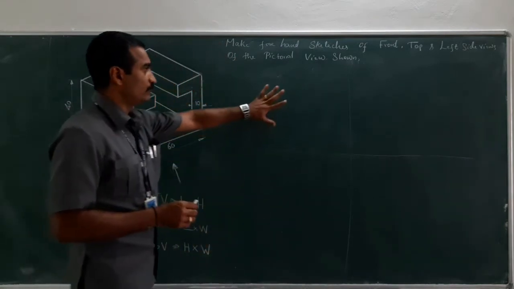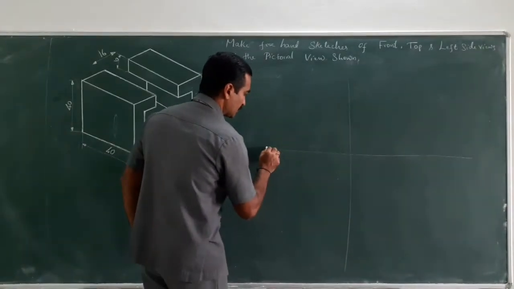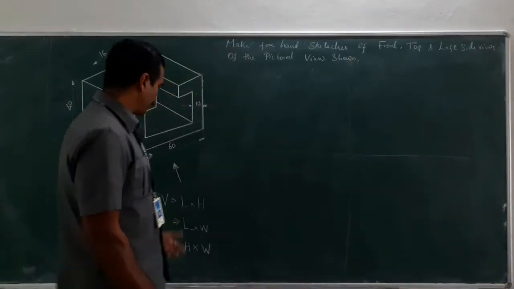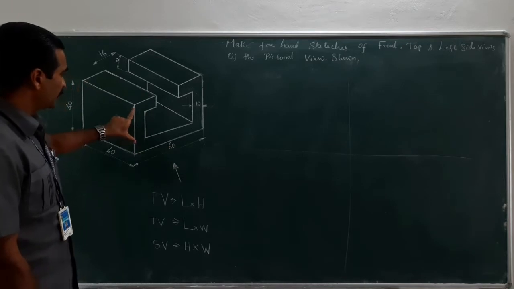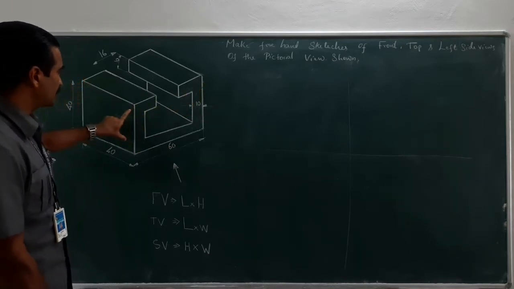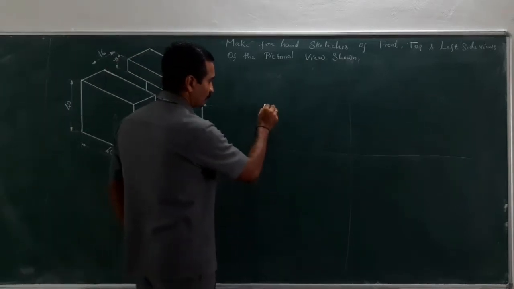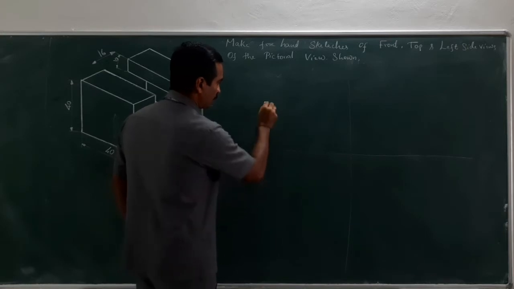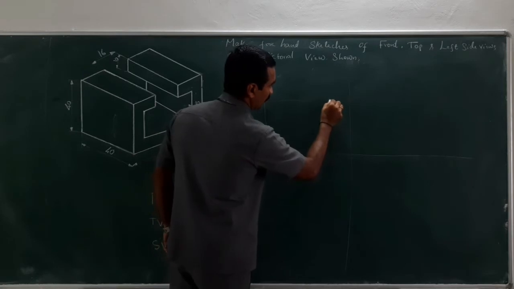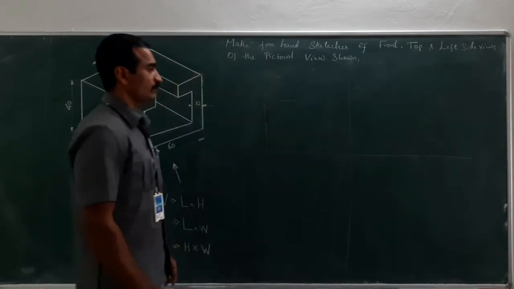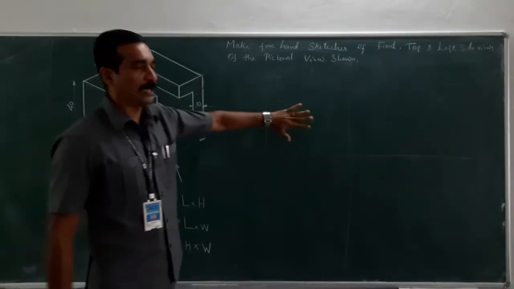Length and height for the front view. So, length is 60. So, let me just draw, this should be 60, and the height of the object is 40. This is length, and look at here, this is the height where the dimension is given. The extreme left, the dimension is given as 40. So, it should be drawn by using 2H pencil only. So, this is length of 60 mm and height of 40 mm I have drawn here.